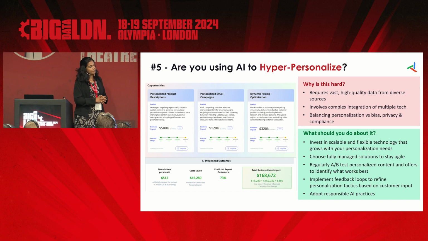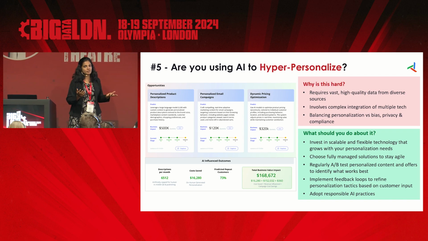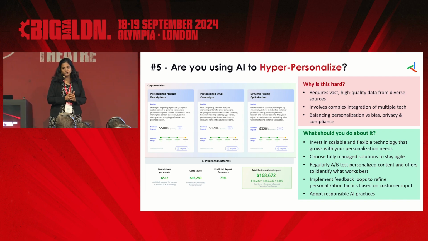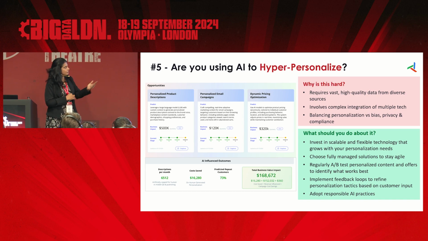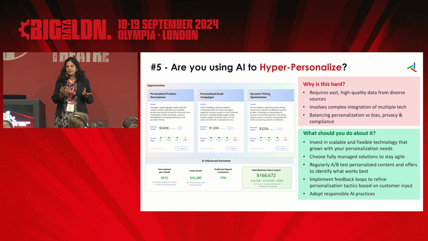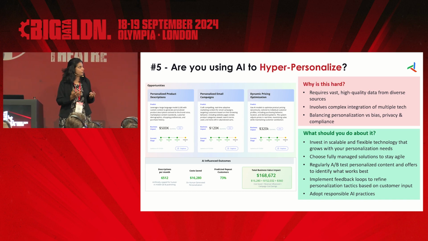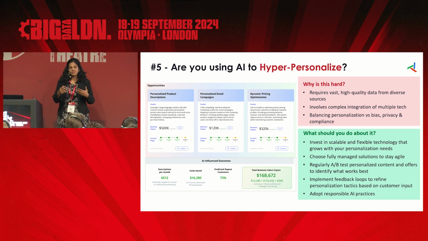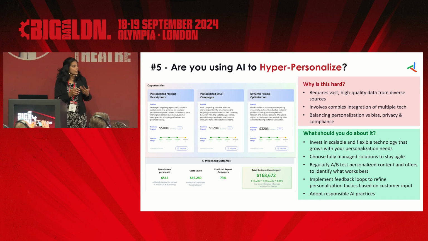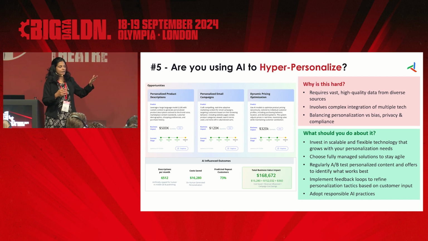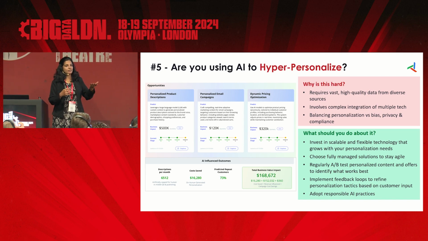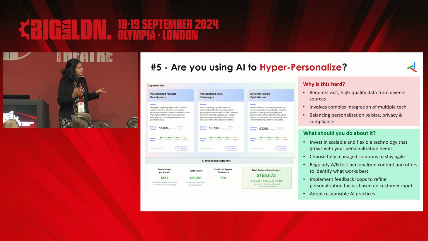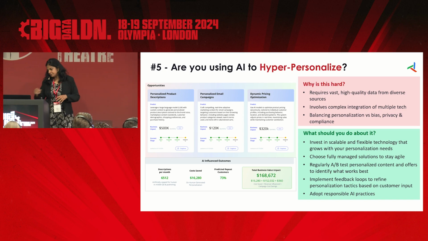I think AI being a new entrant with so many options available, the first thing is you need to be agile about your whole experimentation. Which is what I call the scalable, flexible technology options that you should look at. Fully managed solutions like the Discovery AI one that I talked about can really help. Then, of course, you need to make sure that your AI systems have the capability to do A/B testing. Make sure it helps you adopt those responsible AI practices, so you can avoid all of those regulatory biases and all of those issues later on.